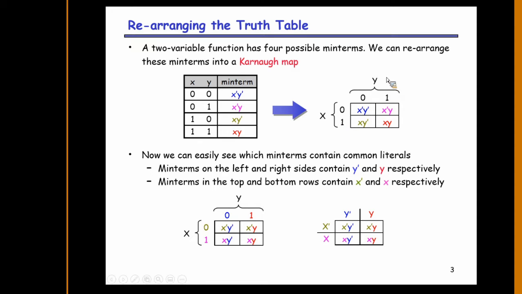So x, y. Here y possesses the least significant position, whereas x possesses the most significant position. Hence, we have placed x and labeled the first row label as 0 and the second row label as 1. And here we divided this square using columns. The first column index is 0, and the second column index must be 1.